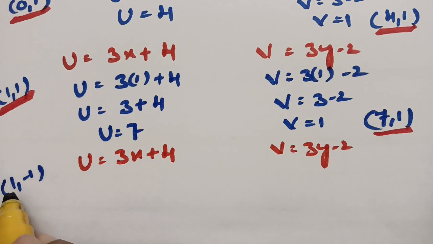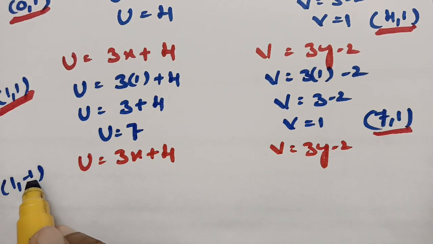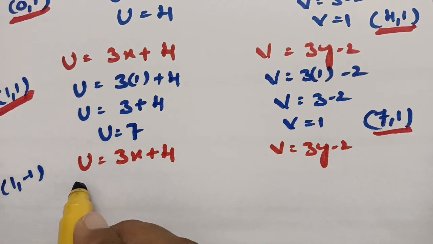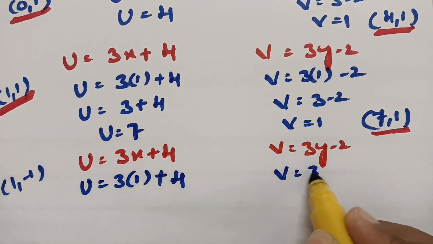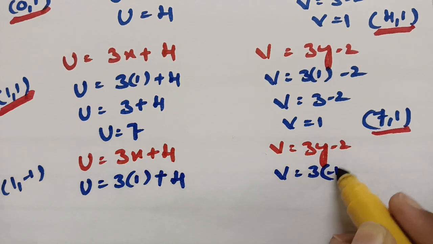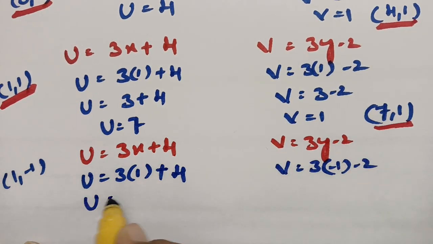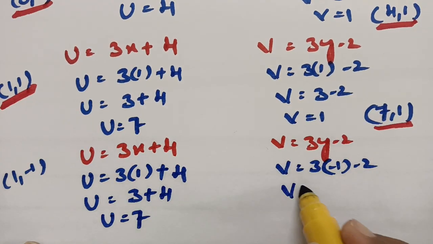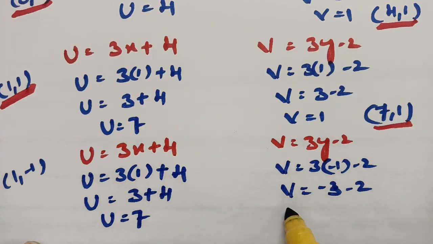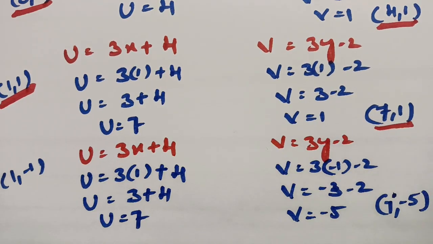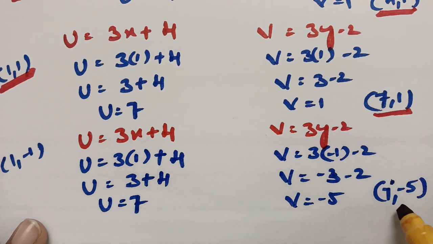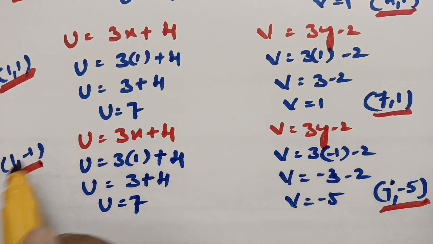So in place of x, if I substitute 1 and in place of y, if I substitute minus 1, then the u value is going to become 3 into 1 plus 4, and the v value is going to become, the y value is minus 1, so minus 3 minus 2. So u is equal to 3 plus 4, u is equal to 7, and v is equal to minus 3 minus 2, v is equal to minus 5. So the value here is 7 comma minus 5,